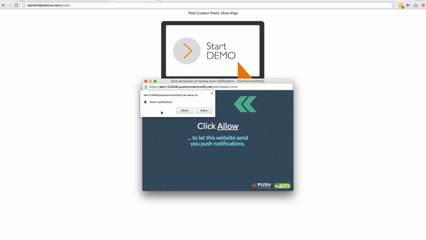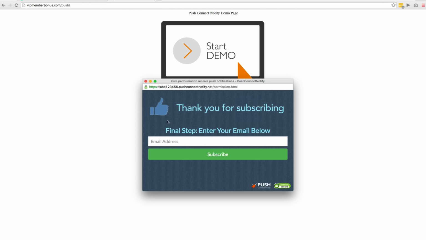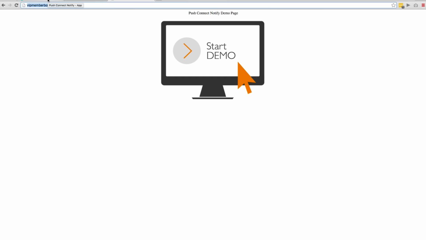Now I'm in a different browser, so it looks a little bit different on this browser on Chrome, so that you can see how it works on Chrome as well. And it does the same exact thing. All right. Now let me back out of there and show you exactly what we're going to be looking at